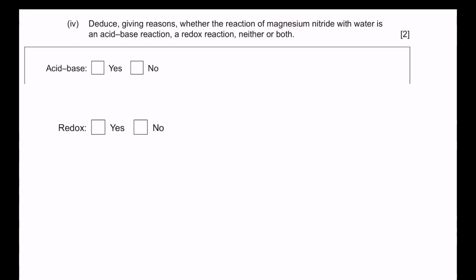We have to give reasons whether the reaction of magnesium nitride with water is an acid-base reaction or redox reaction, or both. I'll just write the reaction here: Mg3N2 plus 6H2O will give me 3Mg(OH)2 plus 2NH3. Now let's analyze. Here we see that N3- ion in Mg3N2 basically accepts H+ ions and forms NH3, right? We can say N3- ion